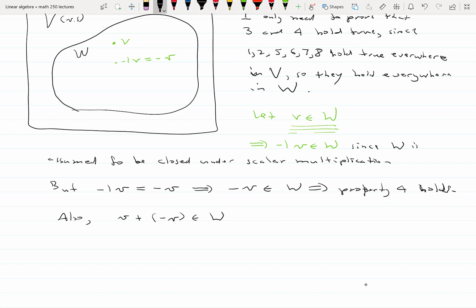Why? V is in there, and I just finished proving the opposites were in there. So V plus the opposite is in there. Why? Since W is assumed to be closed